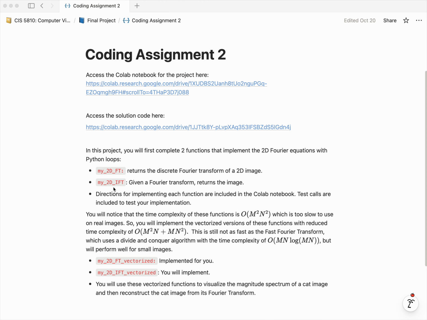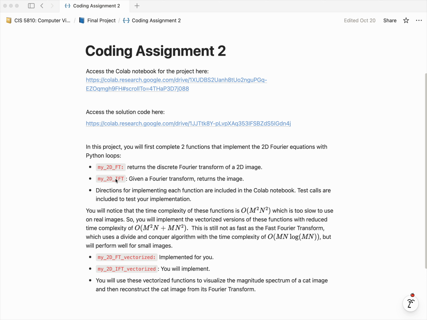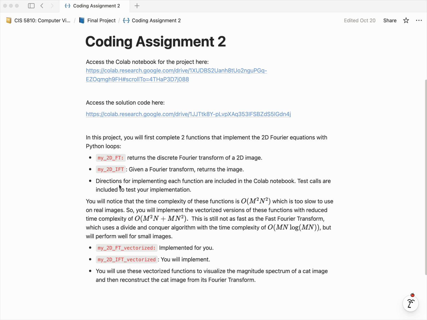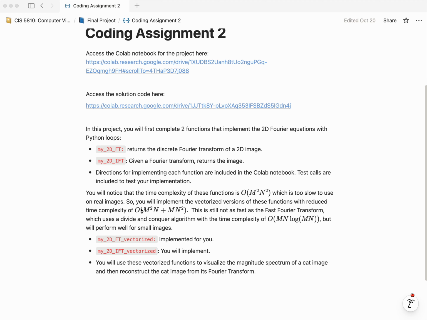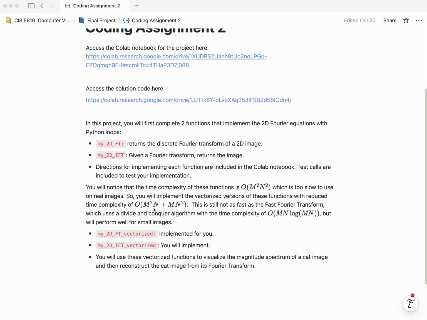After you go through the trouble of implementing these two functions, and it's not much trouble at all, as you will see, you will realize that they are unusable because they have a very high time complexity, m squared, n squared. So then I'll show you a better way to vectorize these functions and come up with a lower time complexity that actually makes your functions usable for images. This is still not as fast as fast Fourier transforms, which have an mn log mn time complexity, but it's good enough